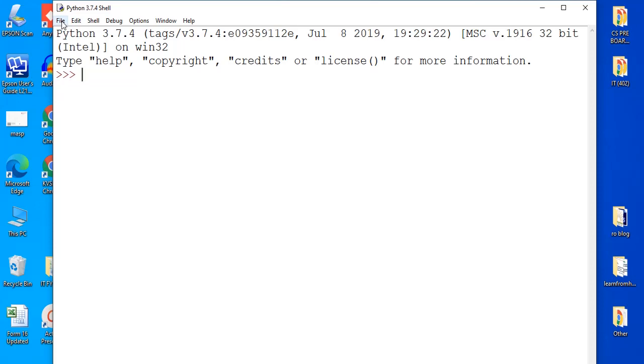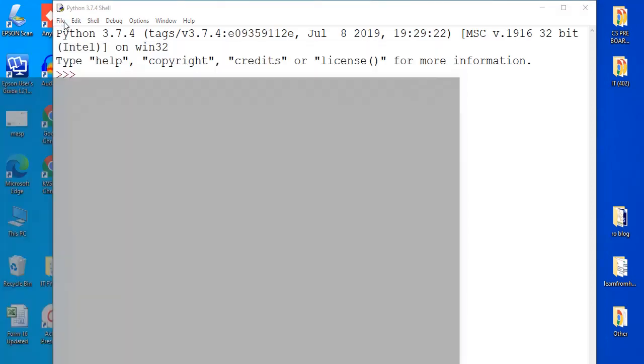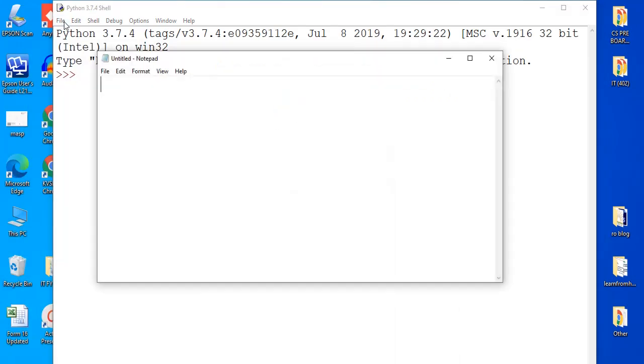So let us do one thing. We make a notepad file or a text file which contains some information. For example, let us take name and age as two data.